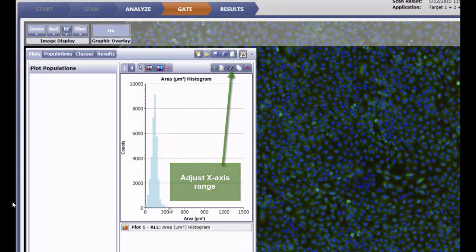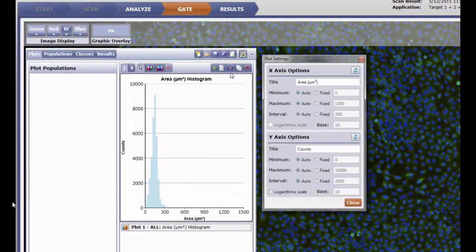Let's just adjust the graph so we can only concentrate on the histogram peak. So let's change the axes by clicking on that ruler, and let's pick a value between 300 and 600, maybe 500. Select fixed for your axes and change 1500 to 500. Now the displayed graph will shift over,